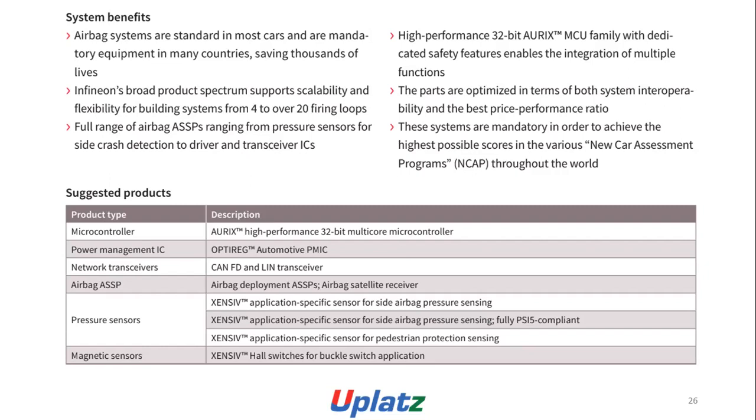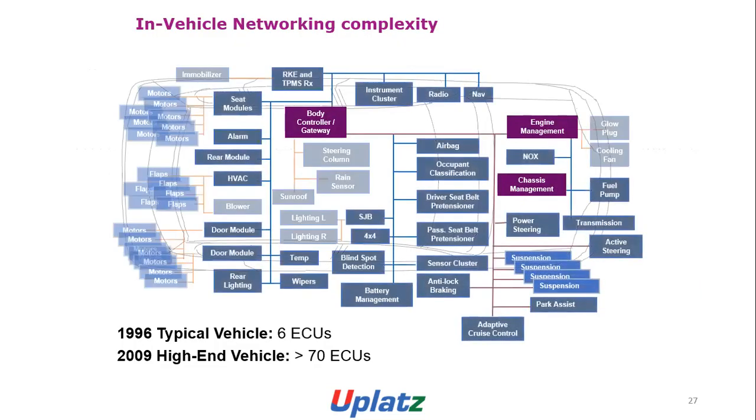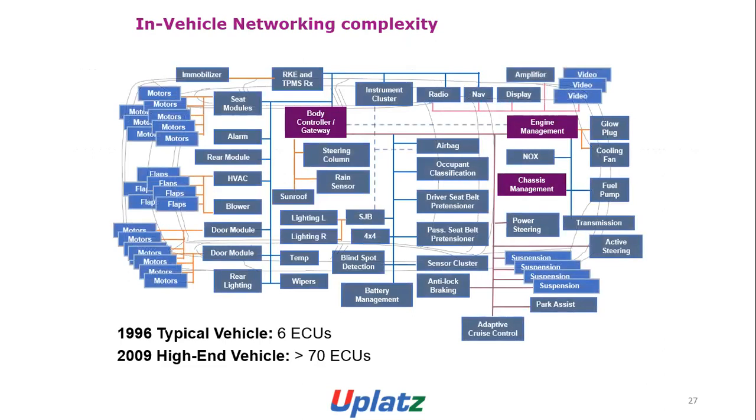XEN, SIV hall switch for buckle switch application. In vehicle networking complexity, in 1996 a typical vehicle had 6 ECUs; in 2009, a vehicle had 70 ECUs. There are so many motors and flaps, immobilizer, seat modules, alarm, rear module, HVAC, lower door modules, rear lighting, RKE